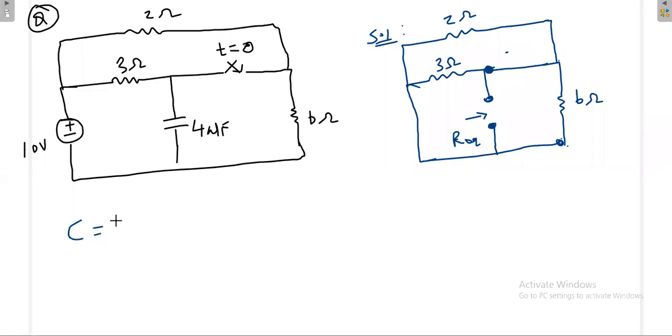So C value is already 4 microfarad. R equivalent value is simply 2 parallel with 3 parallel with 6. 3 parallel with 6 is 2, and again 2